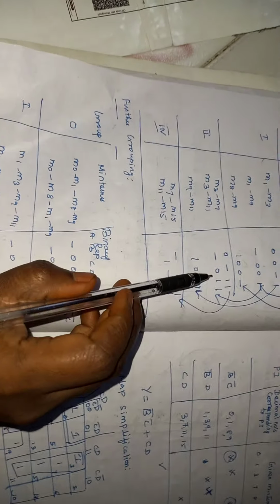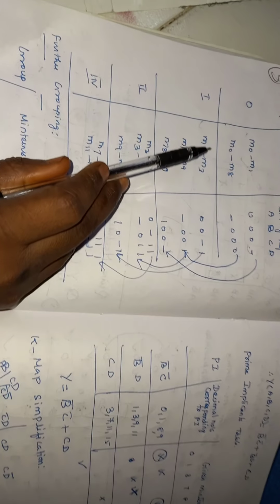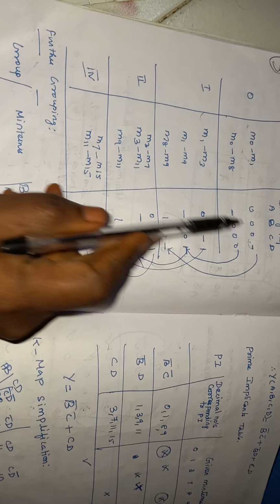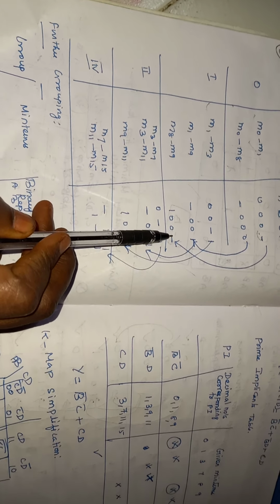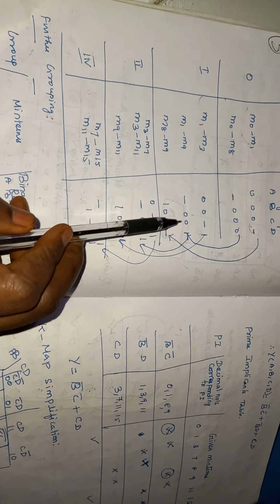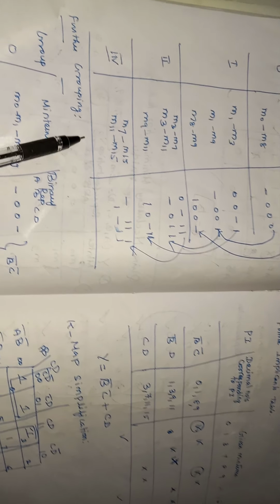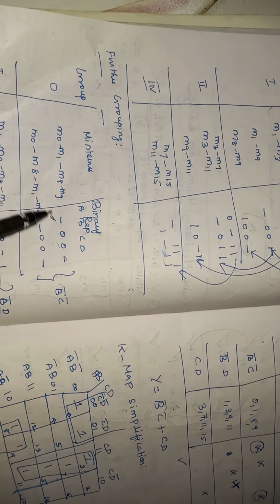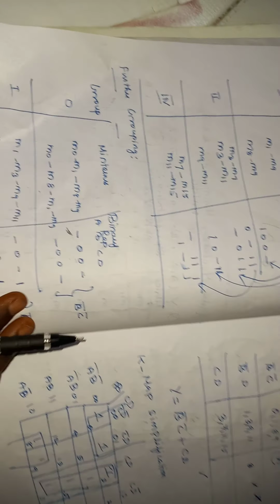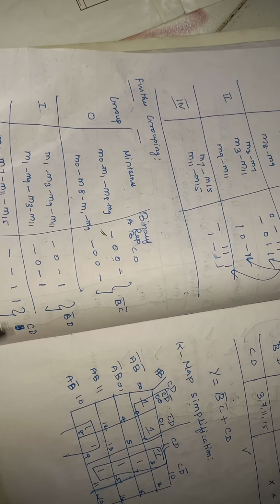So further grouping is also possible. For that, if you consider M0 M1 and M8 M9, you consider this bit, and this bit is same. This bit, there is only 1 bit change now. So for that I am marking here as dash. So this term is there. In the same way, you have to group further also, and you will get this much calculation.